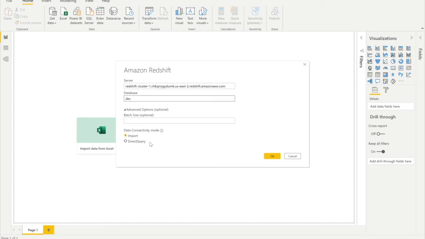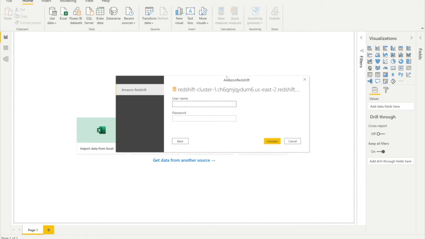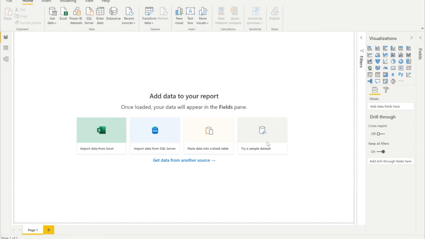It is time to create a connection with the source, my Redshift cluster. Then I'll enter my username and password. The username is AWS user, and then I will pass on my password. As soon as I enter my password, I'll be able to connect to my Amazon Redshift cluster. This way I will be able to load data, all my fact tables, all my dimension tables and all that. Here you have this public database.